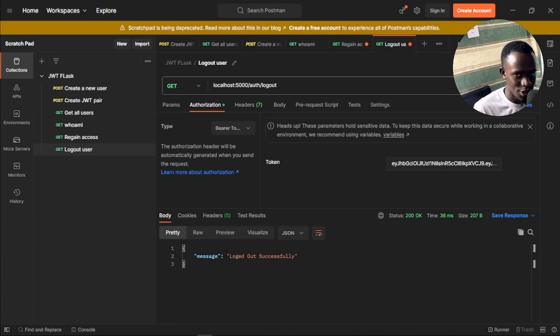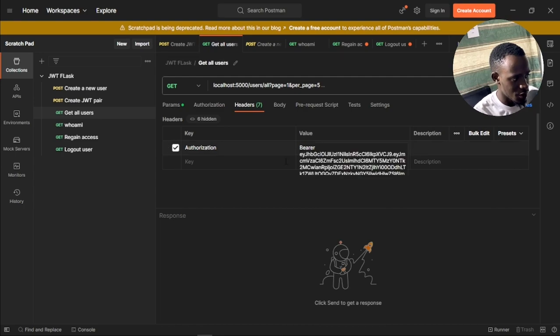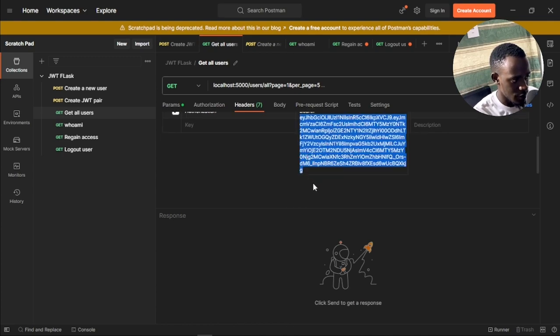Now let us try to use this revoked token to access an endpoint that is protected. So if you watched the previous videos, we implemented a route for getting a paginated list of all users that are present within our API or within our database. So for us to do that, I'll go right here. So here I just provided it in the authorization, but it's still the same thing if I do authorization and then bearer token authorization. So what I'll do is to come right here and I'll remove this token,